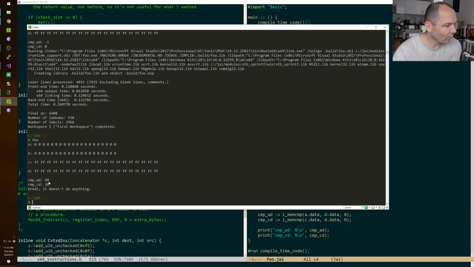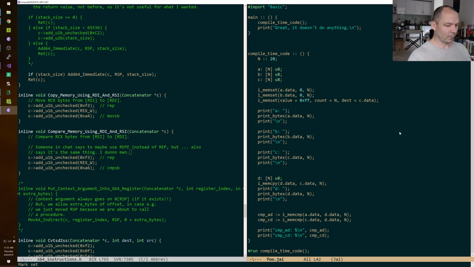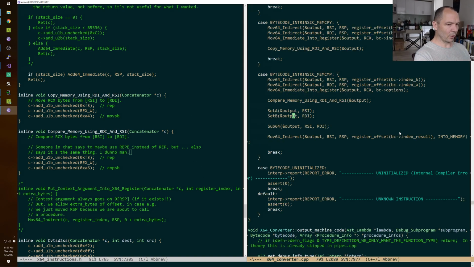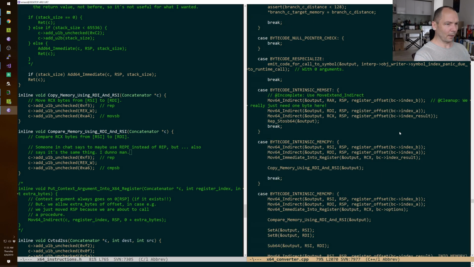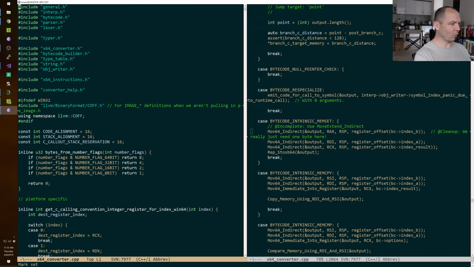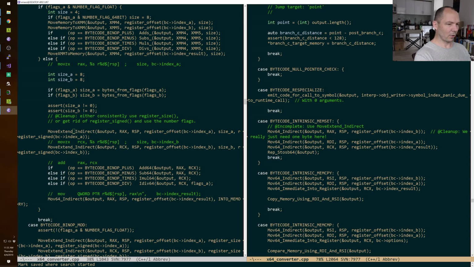Can we see the disassembly? Yeah. First, before we look at the disassembly, let's do a couple of things. I just want to fix this weird thing before it lives on very long. So, okay, so